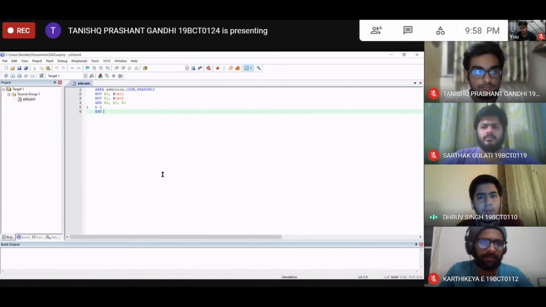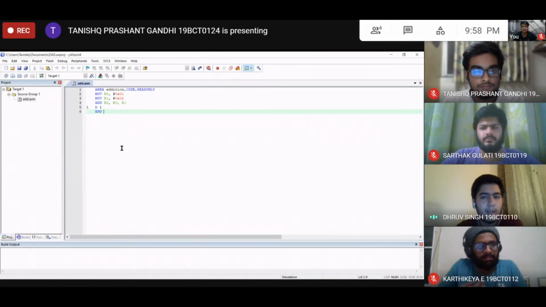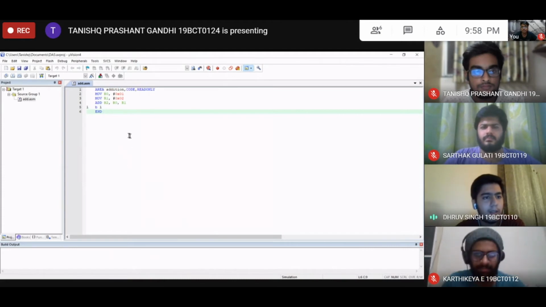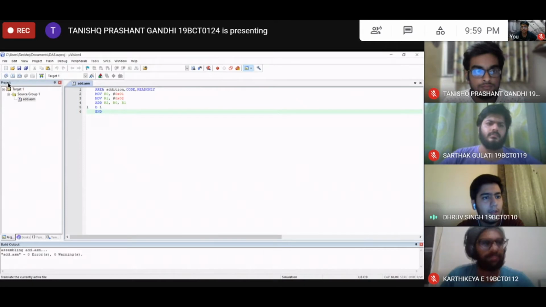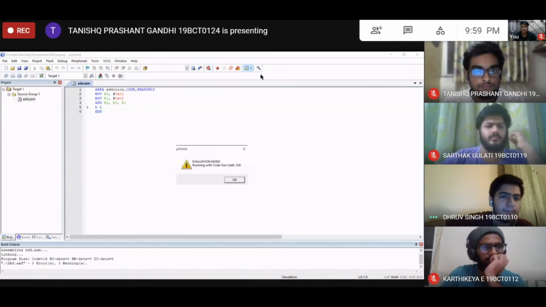Now, to avoid the instruction from going into a loop, since it is a sequential instruction, we create a variable B and L in the same line. What this does is branch the code, and it won't allow the program to go to any other location. And this is the end of the program. Now for executing, we'll use the step button and we can see step by step what is happening in our program.